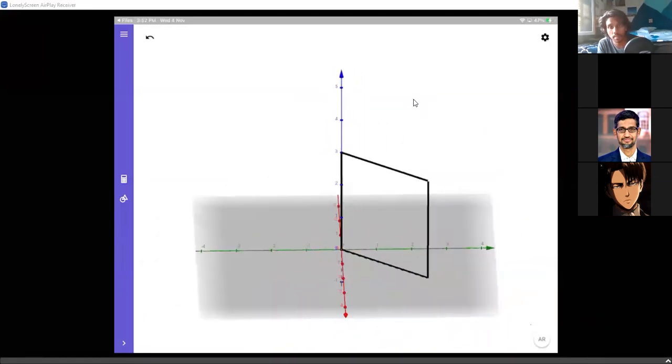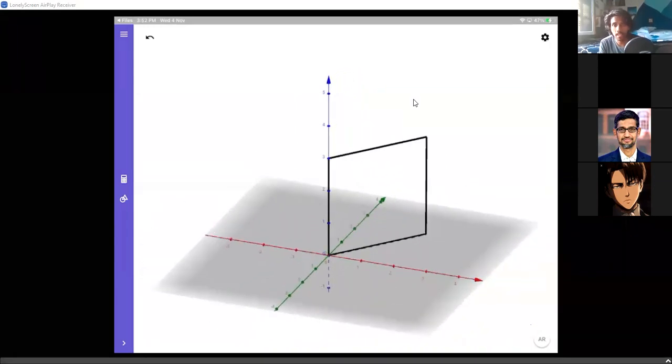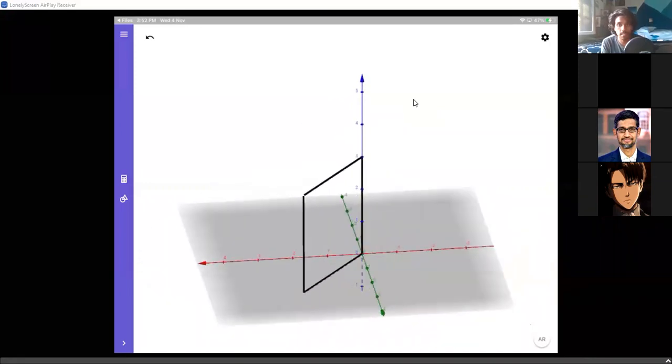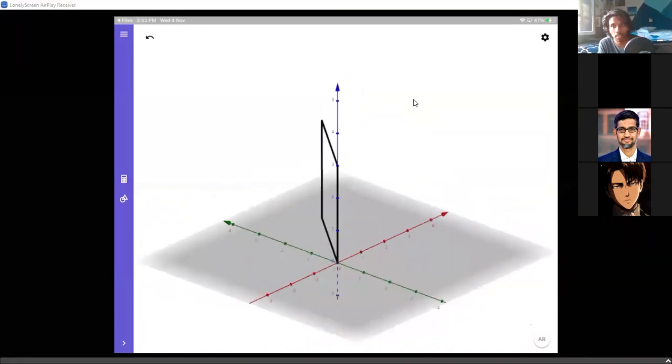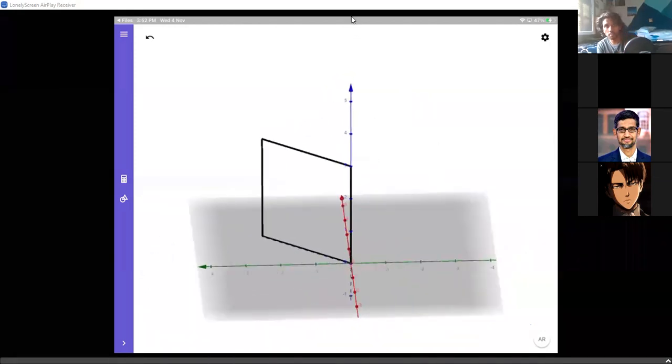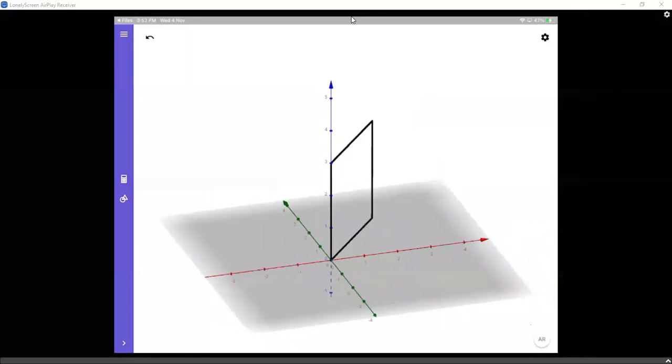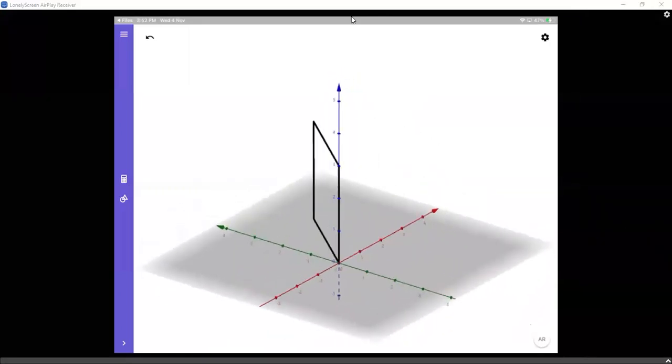Each and every rod has a mass m and a length L. Four rods forming this squarish ring type of a body. Can you give me the moment of inertia of this? I'm just giving you one minute. Please try to find the answer. There is no friction here, so it won't stop rotating ever.